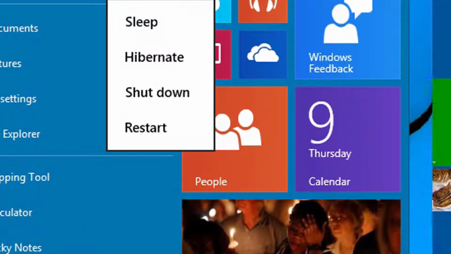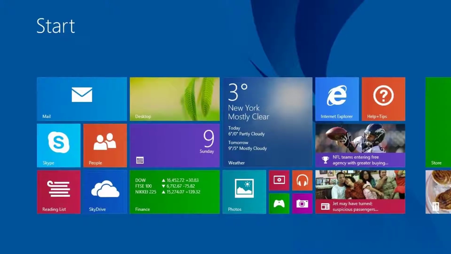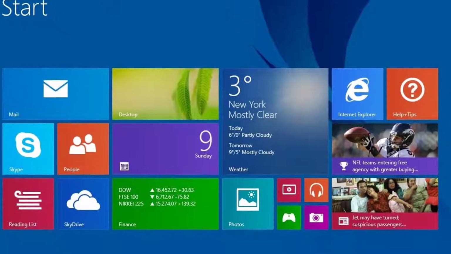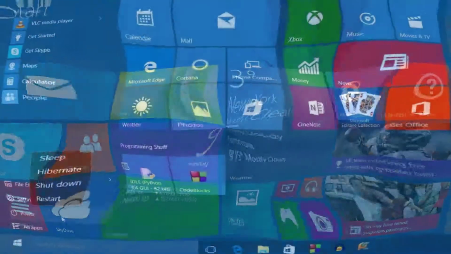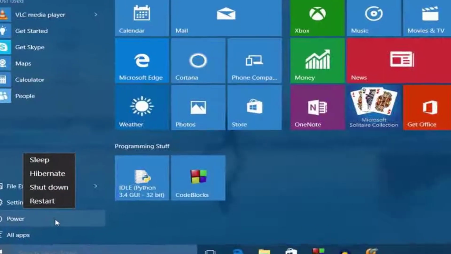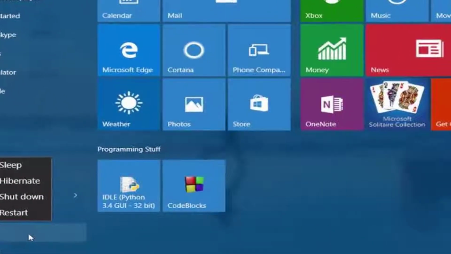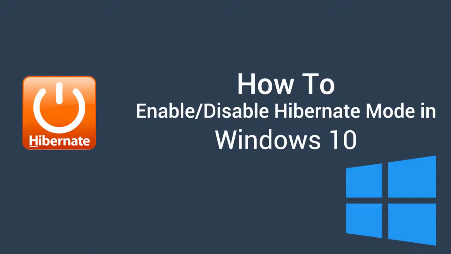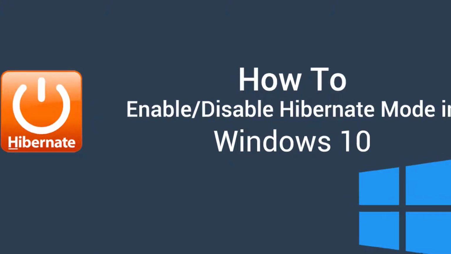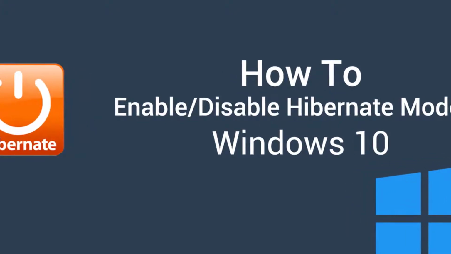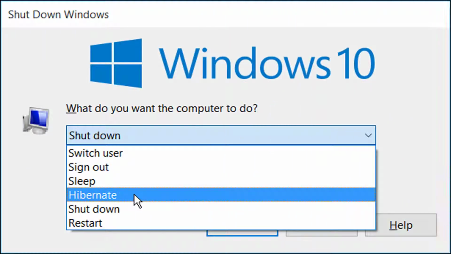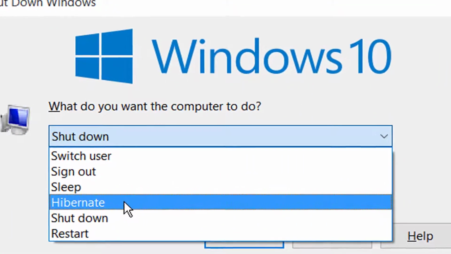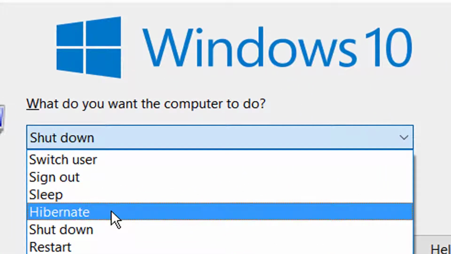Rather than sleep mode, which actually does not power off the system, you can start your work from exactly where you left off, and this mode will save power too, by turning off the system and not closing any open documents or applications. By default, this mode is hidden in Windows 10, but in this tutorial I will be showing you how to enable this setting and bring this mode to the Start menu power buttons.